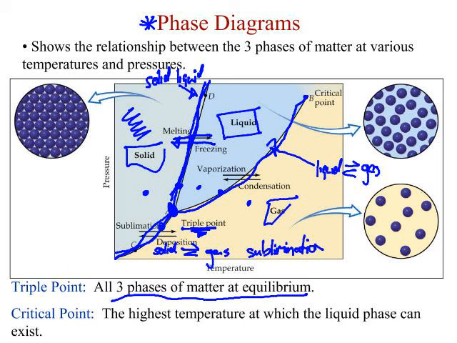The other important point is over here. This is called the critical point. It's the highest temperature at which the liquid phase can exist, or it's the combination of temperature and pressure, the highest one at which a liquid can exist. If you exceed the critical point, if you go up here, then you get something called a